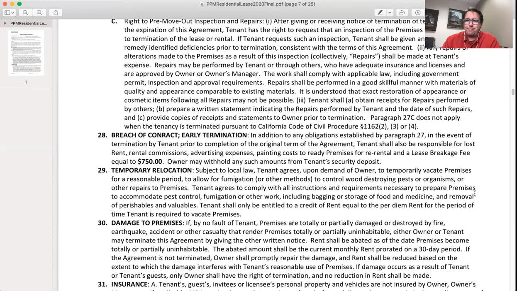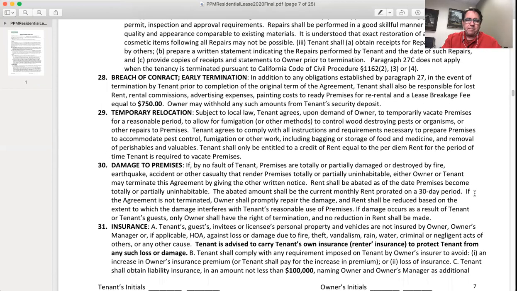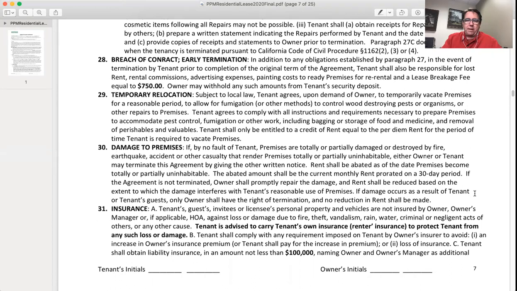Section 20, if you decide halfway through your lease you want to move somewhere else, you can't. If you do, you're liable for loss of rent, the cost to secure a new tenant, damages, and also this breach of contract fee, this lease breakage fee of $750. You're better off waiting till the lease expires and then vacating the property. Damages, once again, if something major happens to the property, fire, water damage, and the property is just not inhabitable for a period of time, certainly over 2 or 3 weeks, then you're allowed to leave the property without damage, without loss of rent, and we'll have that discussion.